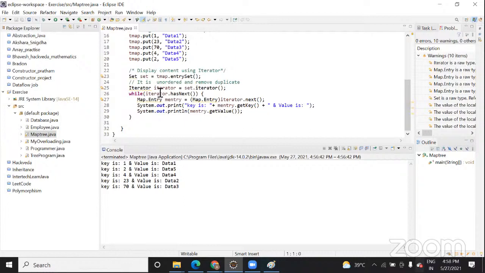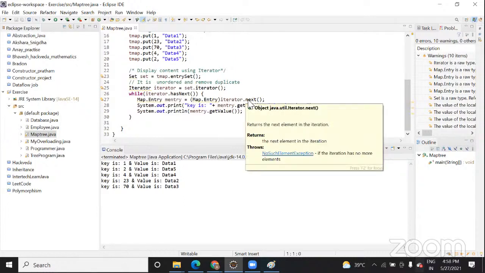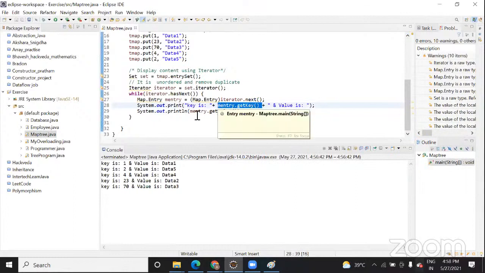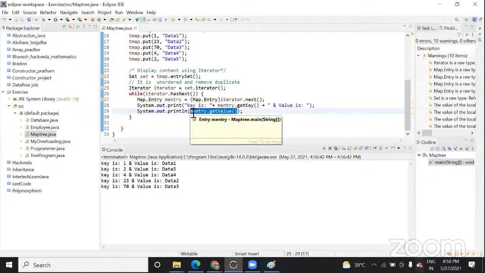This is for checking, and this is for printing the next element. When you write System.out.print key is mentry.getKey, this helps you get the key of the current element. And when you write mentry.getValue, it gives you the value for that current element.